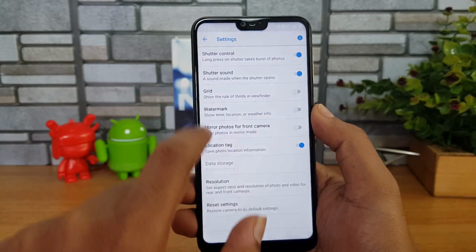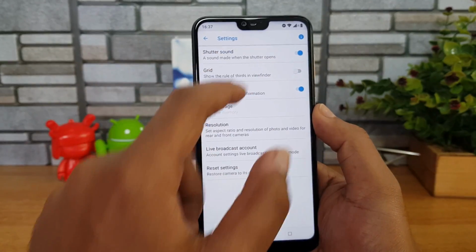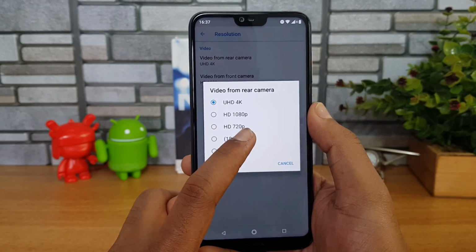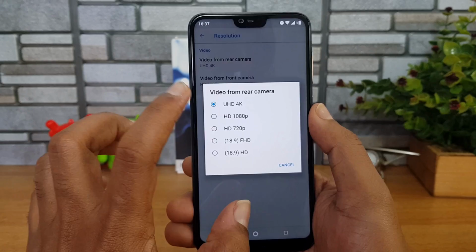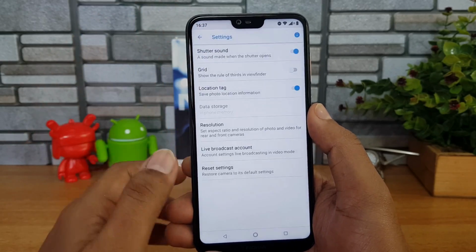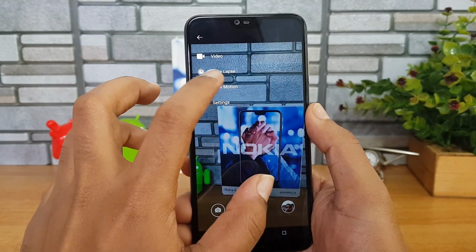And if you go to the video recording, so let's just take the video recording. So you can see that in the settings there is slow motion, and resolution maximum is Ultra HD at 4K, and there is 1080p resolution and 720p and 18:9 Full HD recording as well. So there is EIS support for 1080p resolution, but there is no EIS for the full 4K resolution. Now going to the other options in the video, you can see there is slow motion support as well as